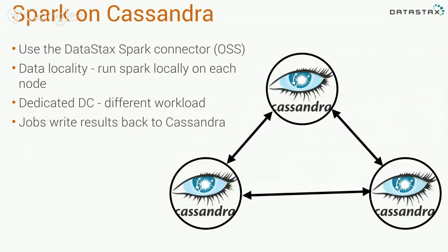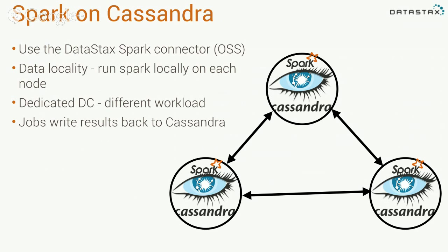I'll just go right into it since you teed me up so perfectly. This is how you're basically going to want to set things up. If you've got a Cassandra cluster, and this is about the smallest Cassandra cluster you're going to have, you're going to use the DataStax open source connector. The way that it works is you've got a Spark slave process which exists on each of your Cassandra nodes, and you have a Spark master, and you submit jobs to the master, and it will go ahead and distribute the job to the slave.